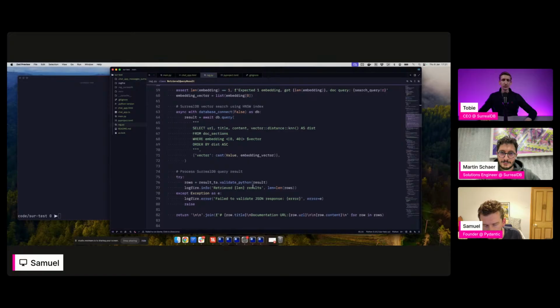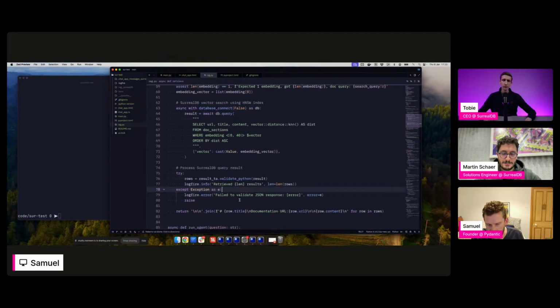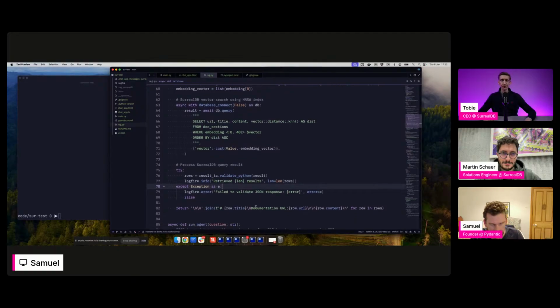And out of interest, with SurrealDB, are we returning JSON under the hood from your query, or is it a binary format? It's binary. So CBOR is what we're using in this particular SDK at the moment, which is JSON-like, yeah. Makes sense. I was just thinking if it was actual JSON, we could improve performance by validating the JSON directly, but CBOR makes sense to go to Python and then to validate this way. And in reality, the performance of those things is going to be trivial compared to the rest of what's going on in terms of the LLM.